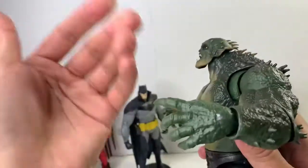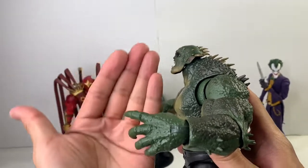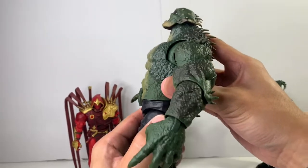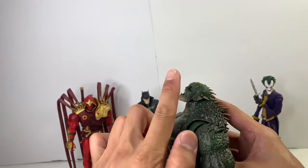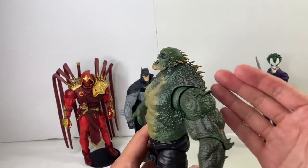Now, I know a lot of people are going to say, well, just because a figure can't look up and utilize full neck articulation, you can always cheat and extend the back, push the back, for lack of a better word, to cheat for the character to look up. And that's all fine and dandy. But that's if you want to pose your figure